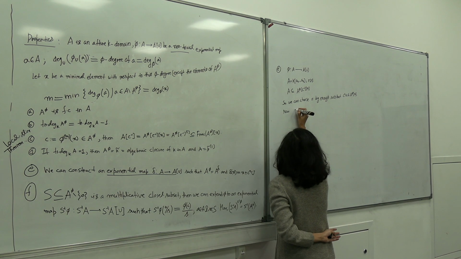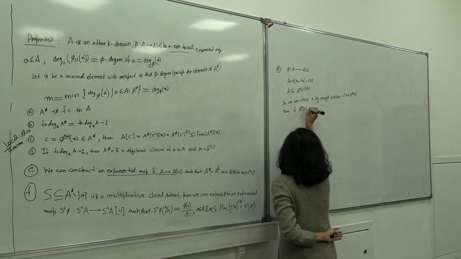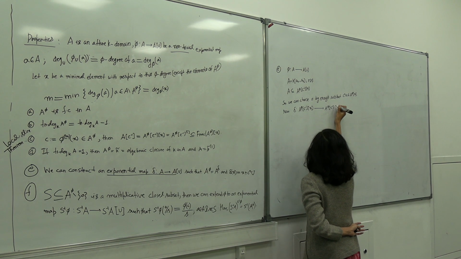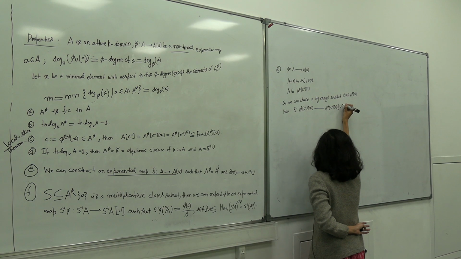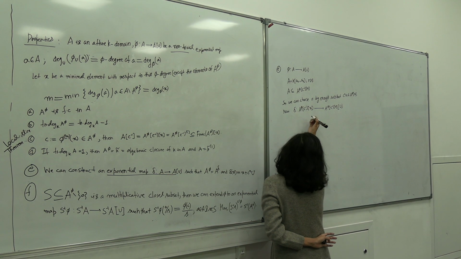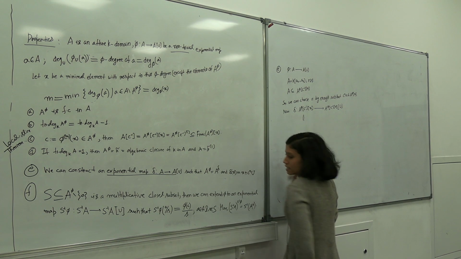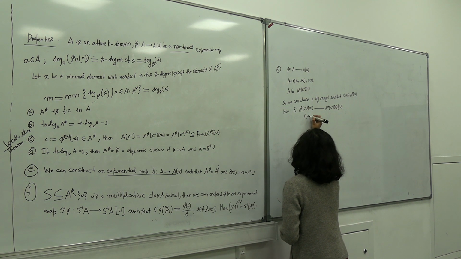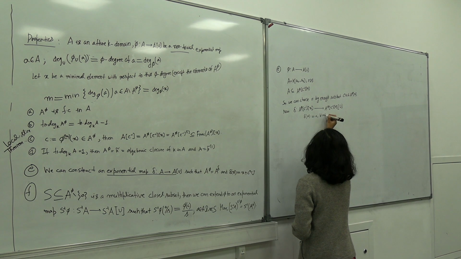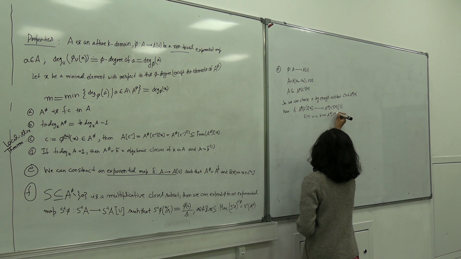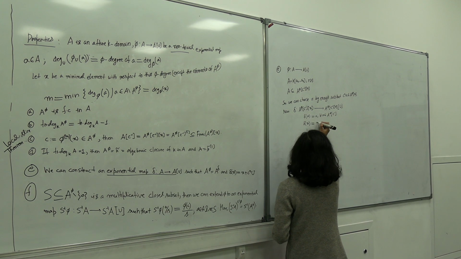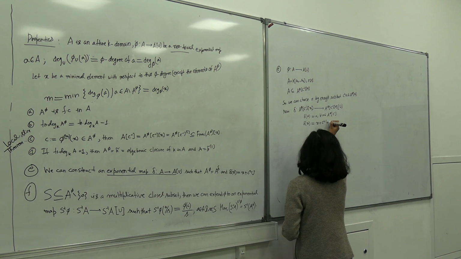Now we are going to define delta from A[phi][C inverse of x] to A[phi][C inverse x][u]. And how will we define it? We will keep all the elements of A[phi] intact. That is, delta of A is equal to A for all A belonging to this ring A[phi][C inverse], and we will just move x accordingly. That is, we will define phi of x to be x plus C inverse n of u.